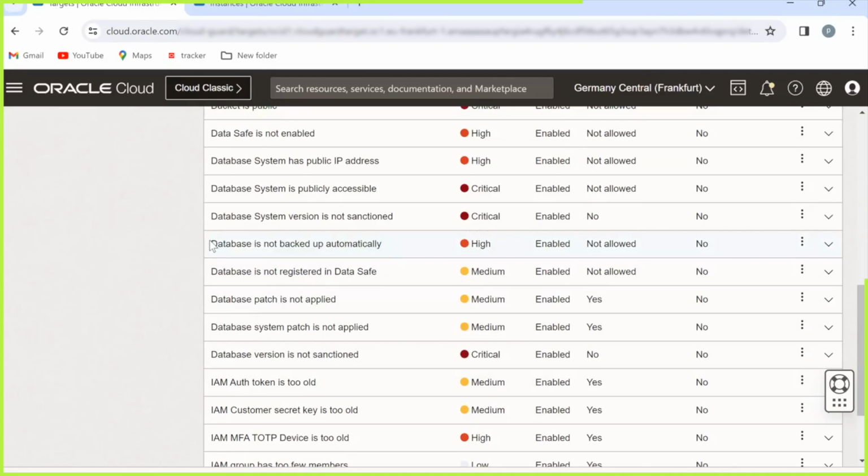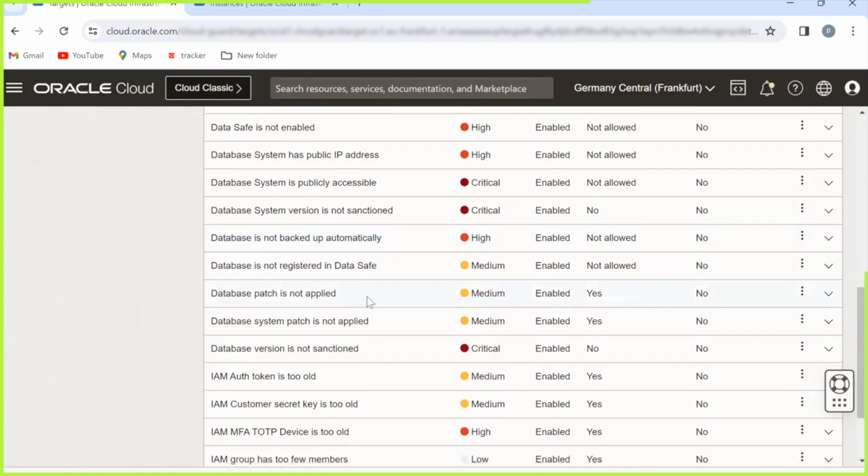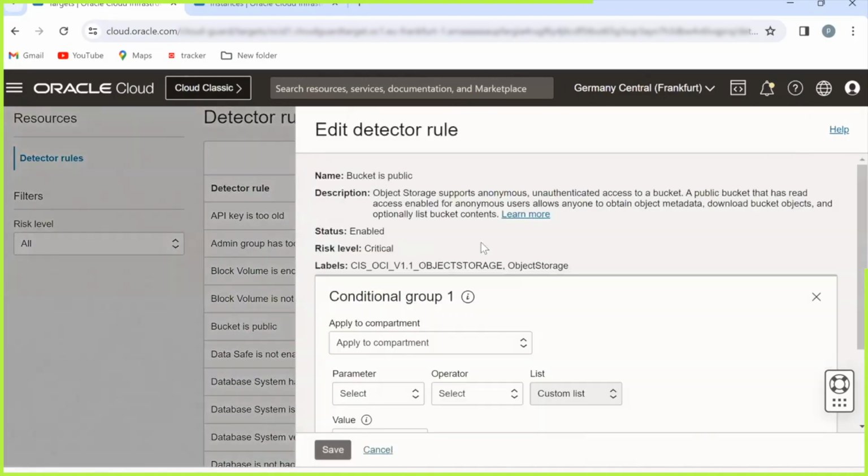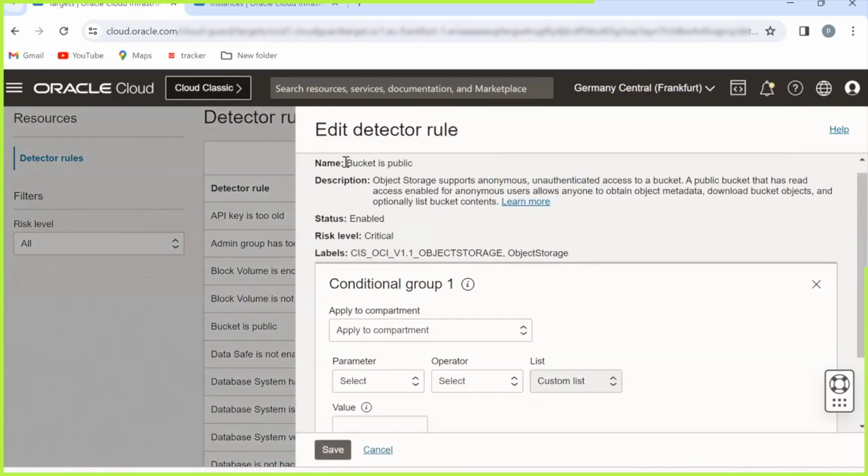So for all of these misconfigurations that possibly can happen in the OCI, we have rules so that the administrator knows what is happening in the tenancy and how we can overcome those misconfigurations as well. Let's just open one of them, right? Yeah, so the bucket is public, you can see, and the status is enabled, and the risk level is